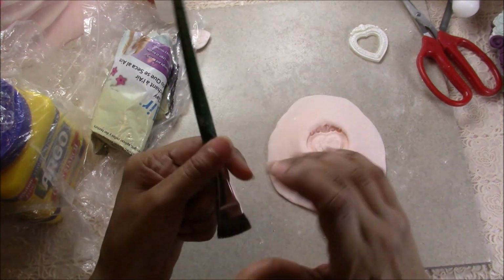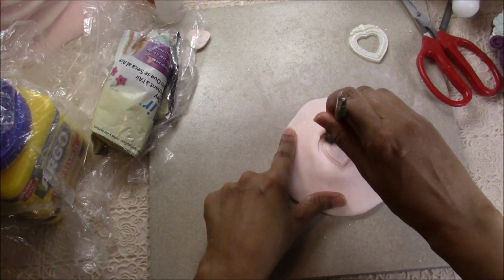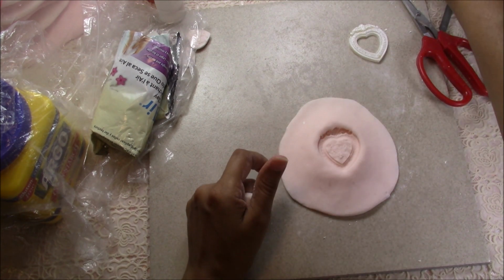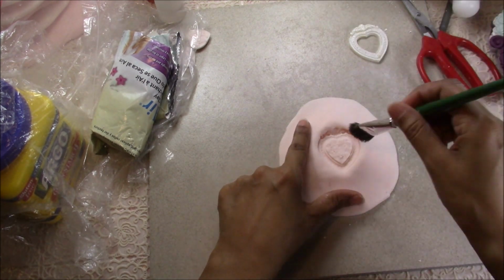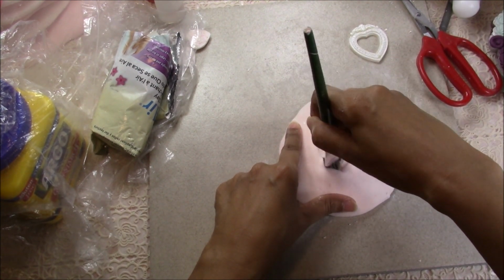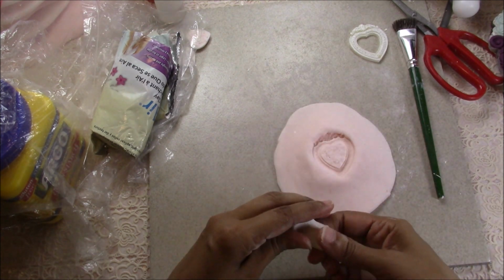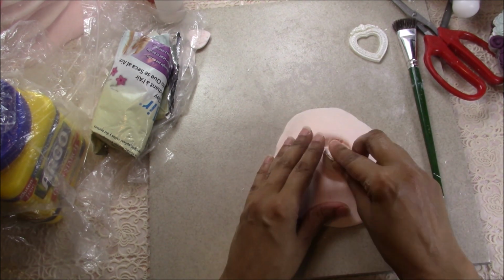I'm just going to go ahead and use one of my paint brushes here. I'm going to add a little bit of cornstarch. I even do this with polymer clay. You don't really have to, but I do it because it makes it release even better. Okay, so I'm going to add...